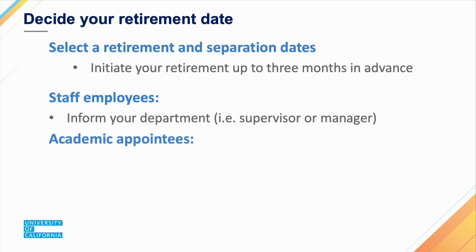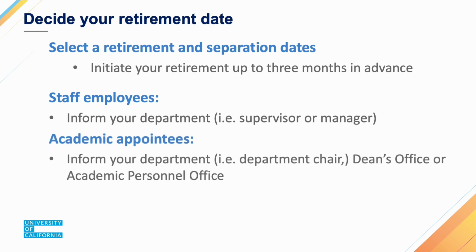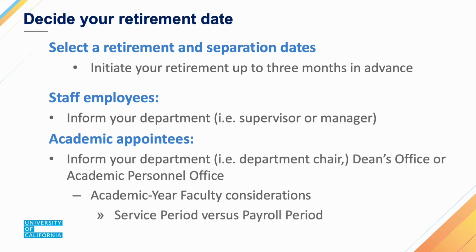For academic employees, a good place to start is also your department. Primarily things like your department chair, but also your dean's office or your academic personnel office at your location can assist with definitions or any criteria with regards to defining the retirement date. One of the considerations is for academic year faculty. I would encourage you to reach back out to your dean's office or academic personnel office. But in general, part of the focus for academic year considerations is that the service period